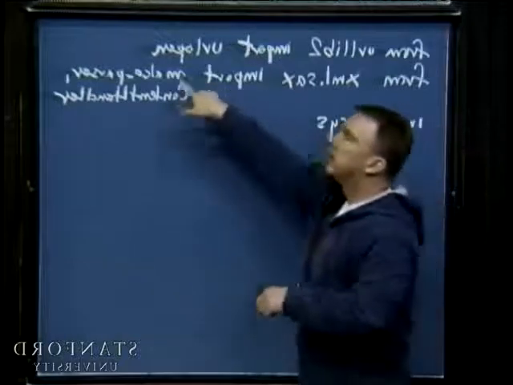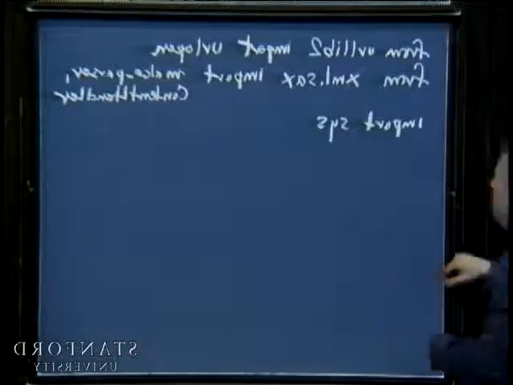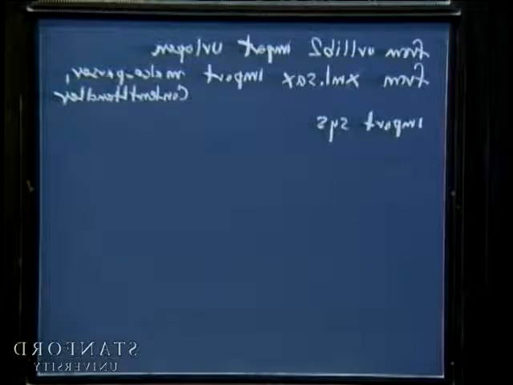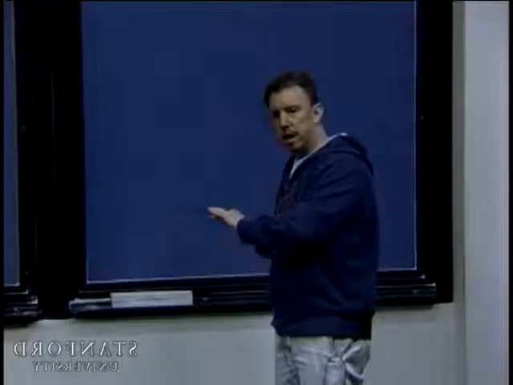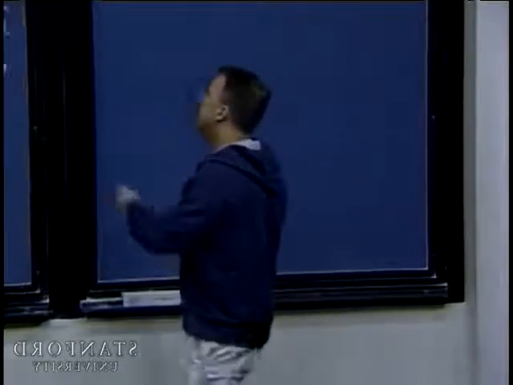make_parser right here is what's called a factory function. It just promises to hand you back an XML parser that responds to a certain number of methods. This ContentHandler is actually an interface, or a base class that has to be subclassed. And the subclass has to implement certain methods that actually have functionality associated with them so that it knows what to do when it reads a start tag, and it reads an end tag, and it reads character data. Okay? Does that make sense? Okay.